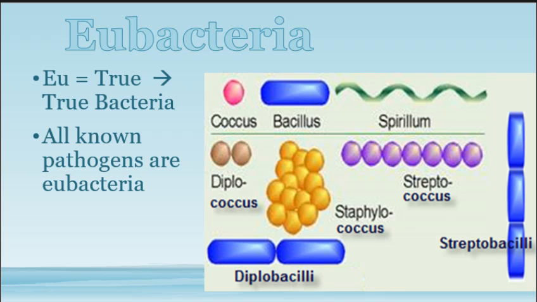Coccidia is a worm, and it's in the kingdom of Protista. Bacillus is also known as rod-shaped. It looks like a little bitty rod, I guess. And then Spirillum. Spirillum are kind of cool because they're shaped in a corkscrew, and if they just turn their body, it makes them move. So they're motile. They can move a lot. And a lot of the pathogens are Spirillum shaped.